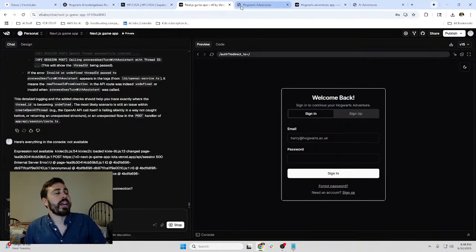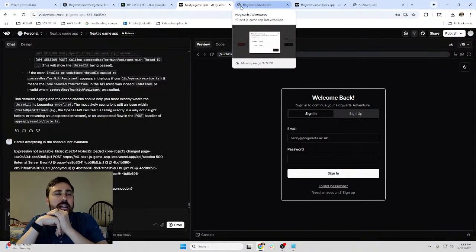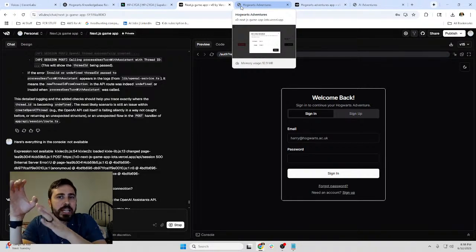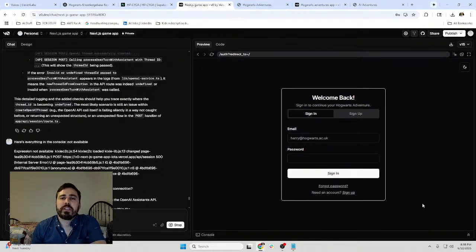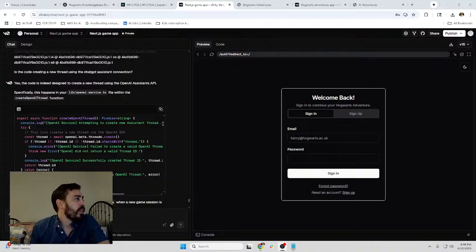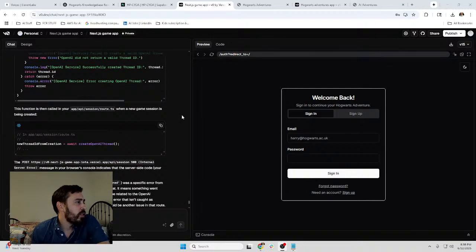I'm just wondering, it seems to be really struggling with this. I had this problem again when I created another one with ChatGPT, and I don't know why there's just a disconnect where I can't connect the assistant specifically. Like, they want me to prompt in the code, and I don't want to put my prompt in the code. I want to talk specifically to an assistant. So I might just have to end it a bit early here. A new thread, specifically it happens. This function is called